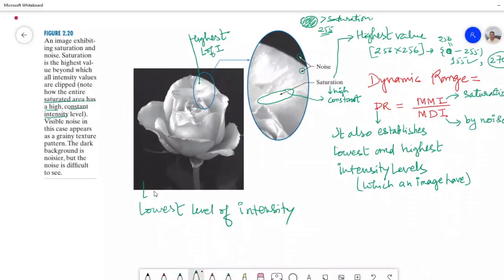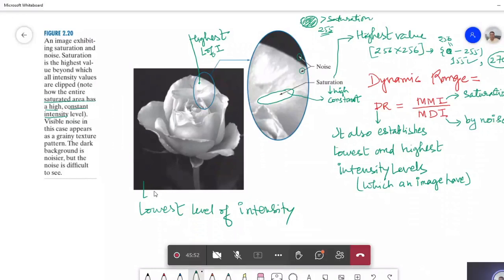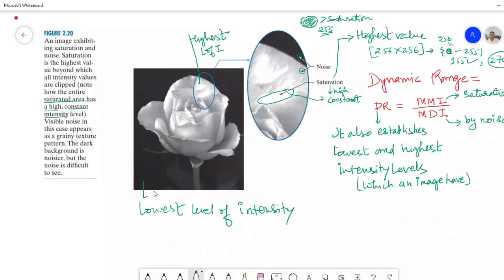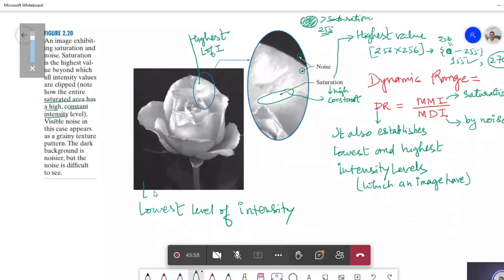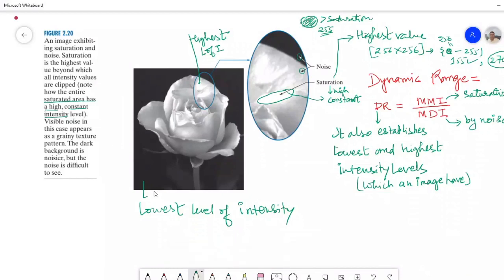I am not taking time to explain this. You can see if k is equal to 1, number of levels is 2. If k is equal to 2, levels are 4. If k is equal to 3, levels are 8. If k is equal to 4, levels are 16. And at last, for k equal to 8, 2 to the power 8 gives 256 levels to represent your image. For the corresponding k, you can see the required size to store any image in your computer.